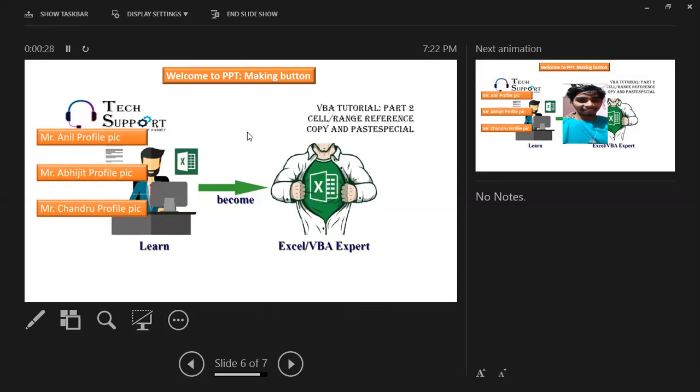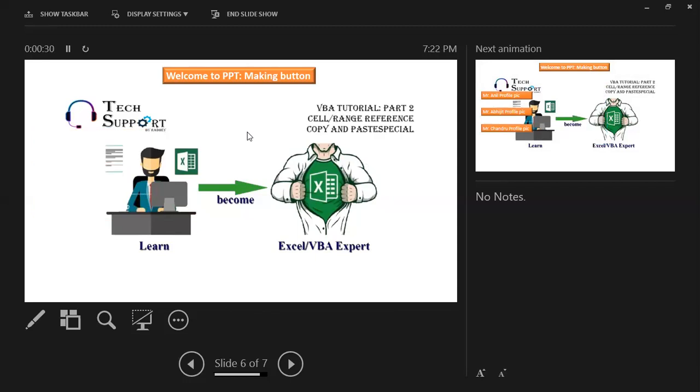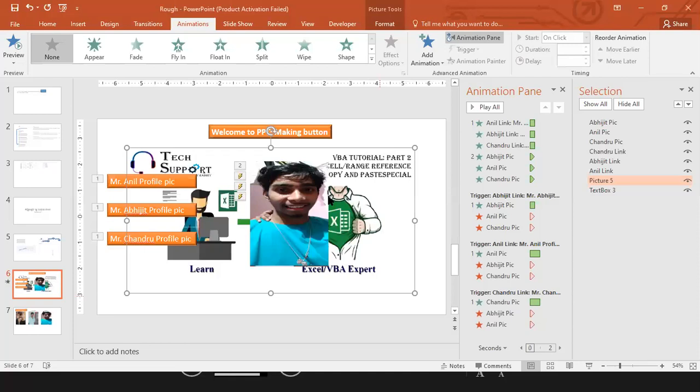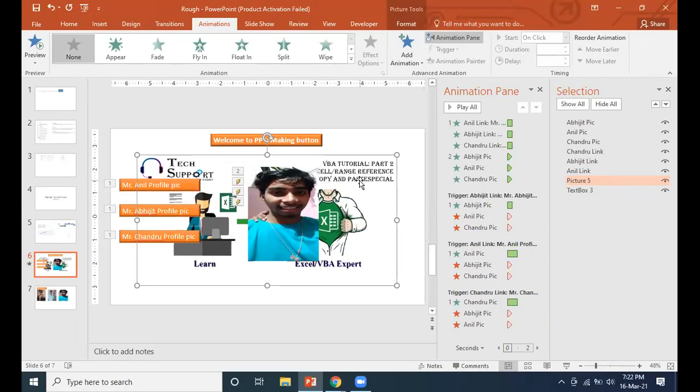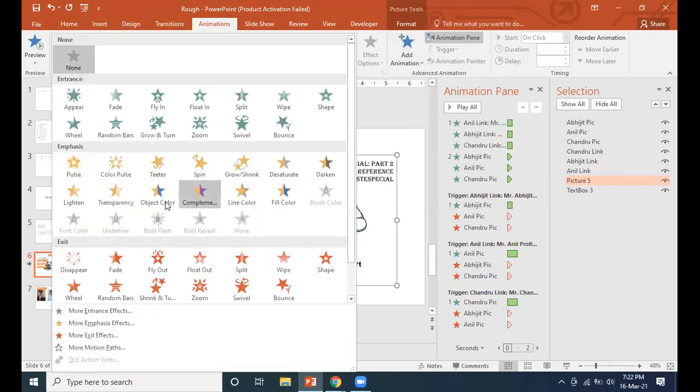One thing we have to do here: this one also should be disabled when we go for the next, correct? Yes, exactly. When the button is coming, this image should be disabled. So for the image, we have to make one more effect for the disable.